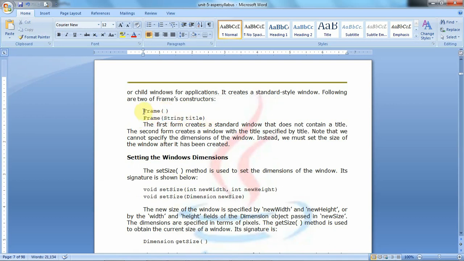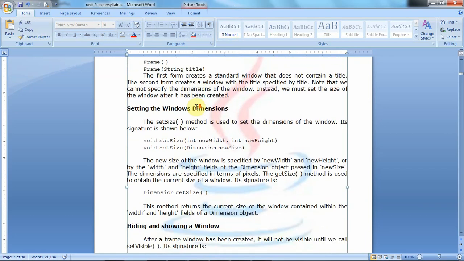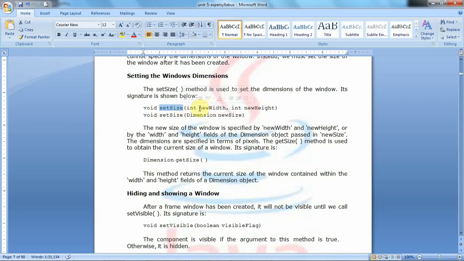So these are the two constructors the Frame class has for creating frame objects. Then we go to see the methods of the Frame class. The first one is set size, which takes two parameters. Already we have seen it in our program demonstration. We need to give two values, one is the width value and another is the height value.